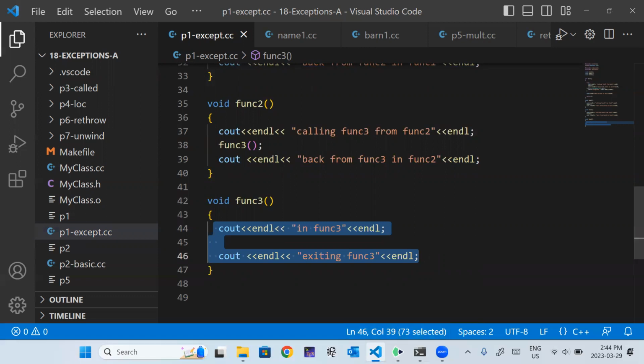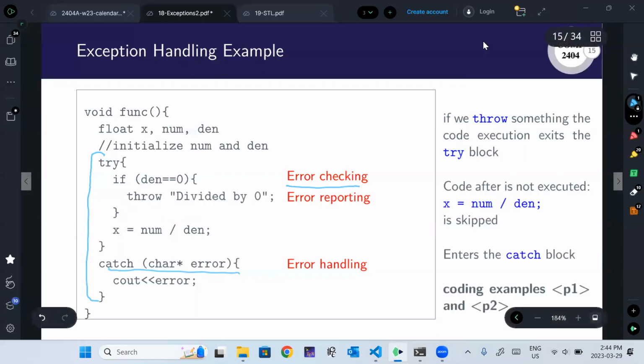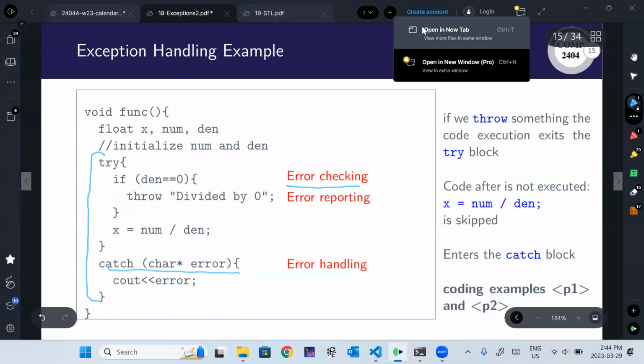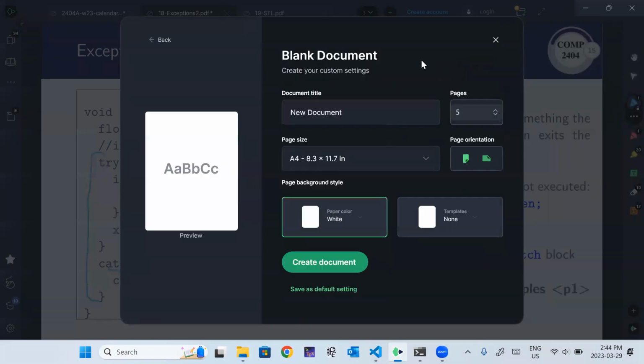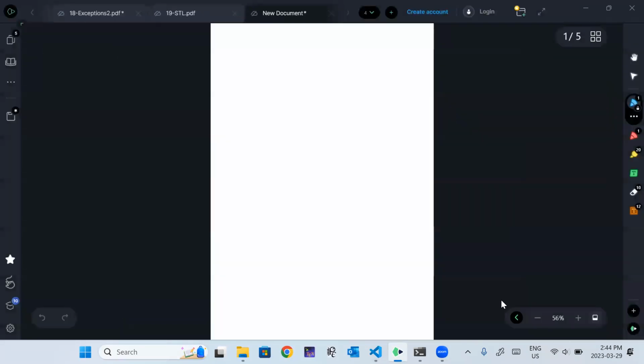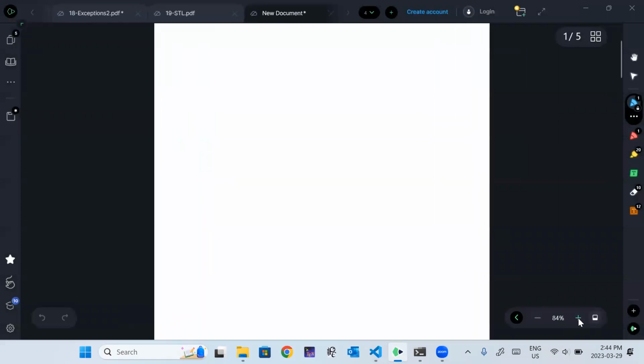So if we look at what is happening, our main function is the bottom of our function call stack.